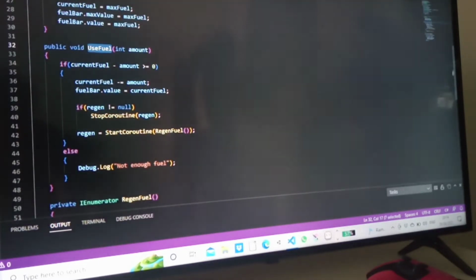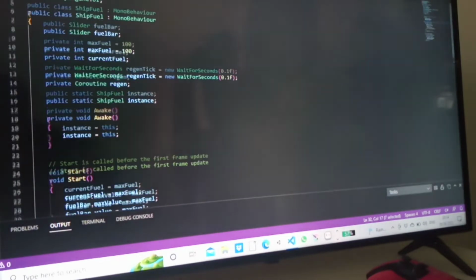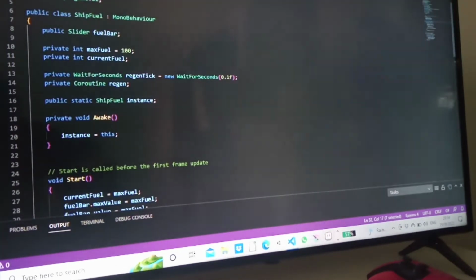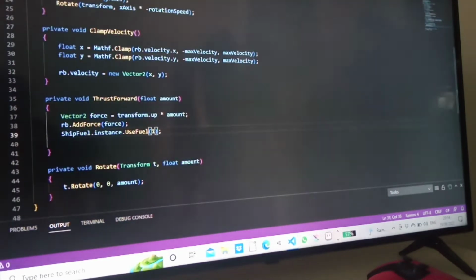So the ship fuel one is basically the same as the stamina regen, except everything's just fuel instead of stamina. I thought if I just call it in the thrust forward method, then that would be enough. Problem is,